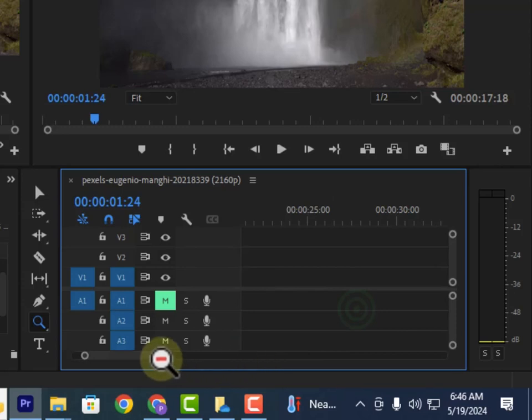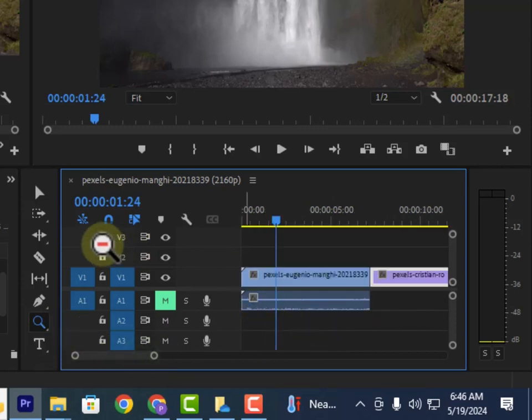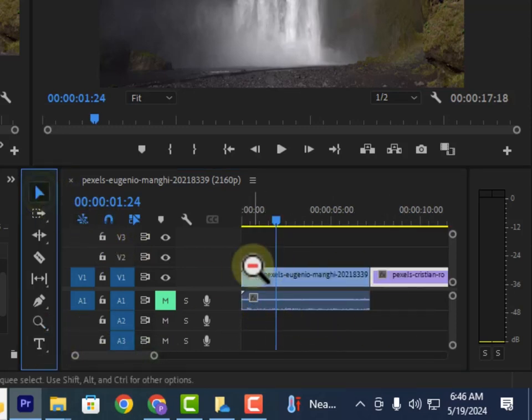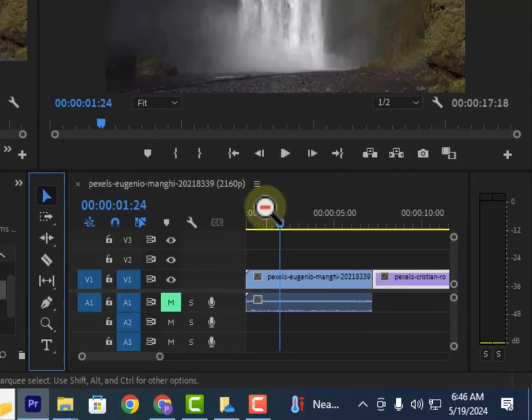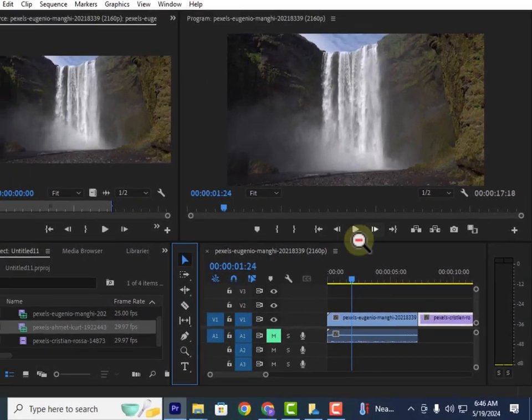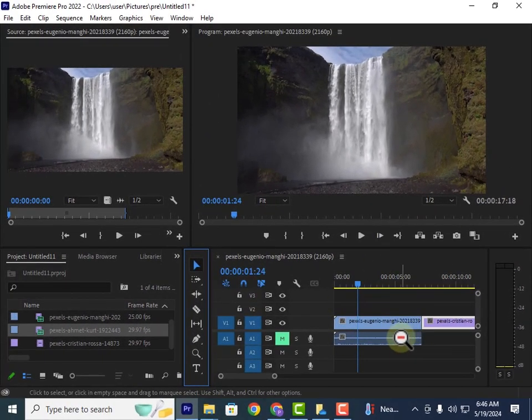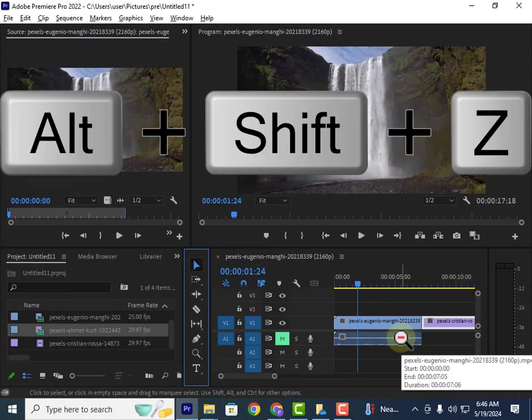So those are the three tools, that is, the zoom tool, the hand tool, and the selection tool, that you'll find yourself using a lot while working with the timeline. Now, let's say you want your timeline, your sequences, to fit the screen over here. All you can do is hold down Alt Shift Z,